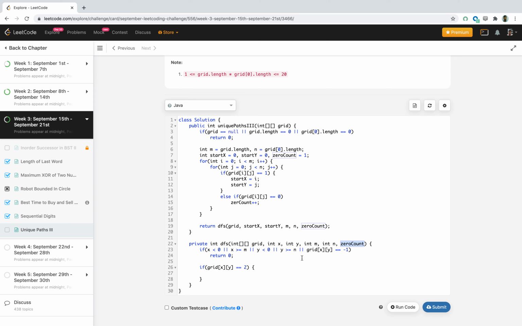If the zero count is 0, that means we have traversed all the non-obstacle squares. So in that case we'll return 1, otherwise we'll return 0.